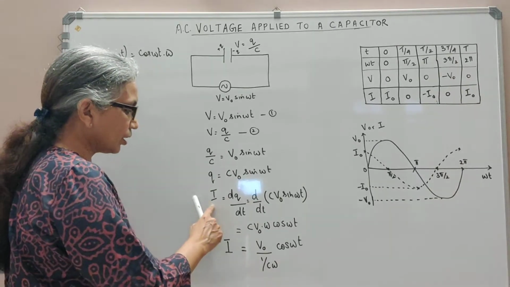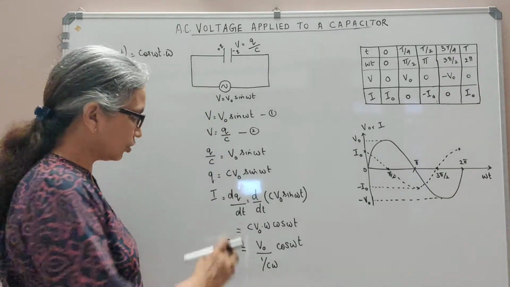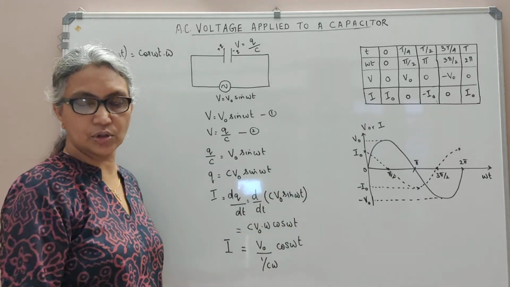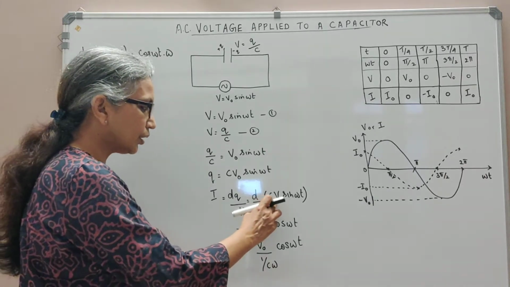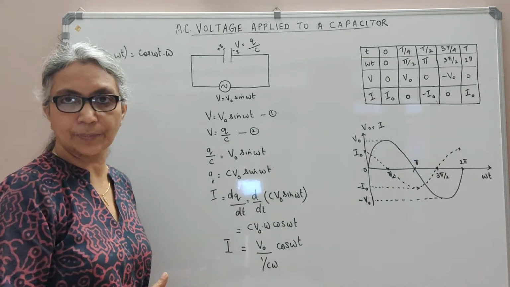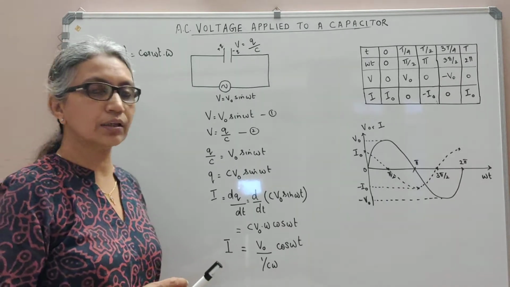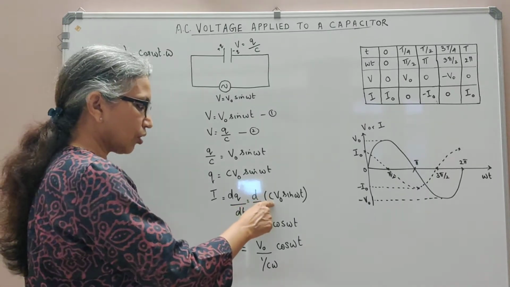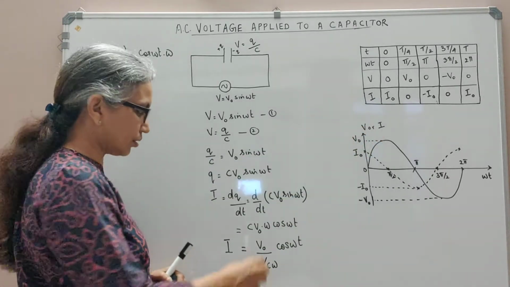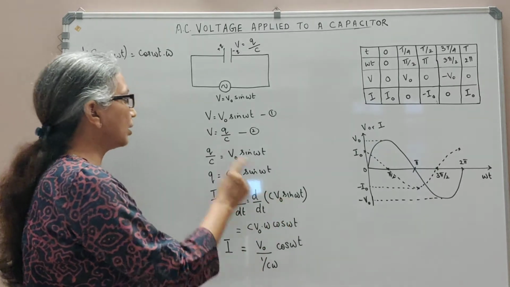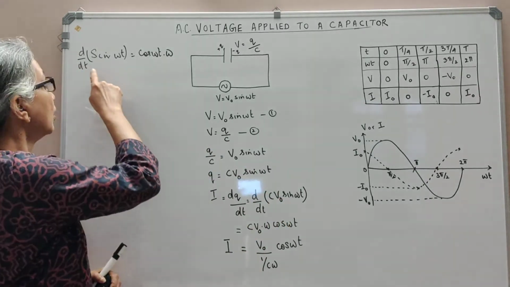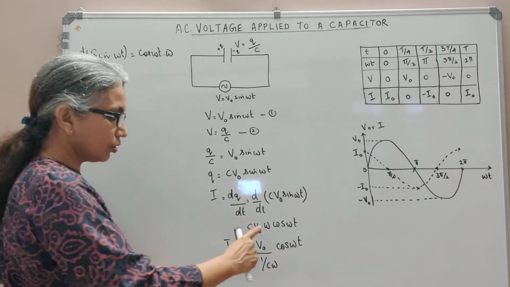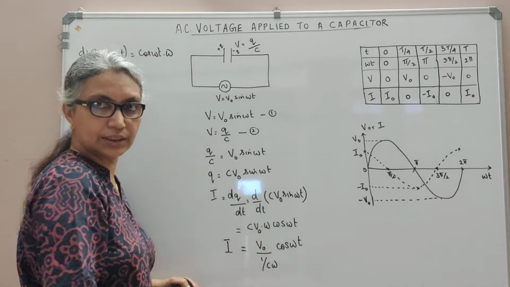So current, as you know, in the circuit is the rate of flow of charge. So that is dq by dt. d by dt of q, which I substituted as C V0 sine omega t. C, as I told you, is the capacitance of the capacitor, depending only on the plate area, the distance between the plates, and the dielectric constant of the medium between the plates. That's a constant. V0, the peak value, is also another constant. So we take that out. And sine omega t, I'm differentiating using this identity: d by dt of sine omega t is equal to cos omega t into omega. So that's how I got this omega into cos omega t.